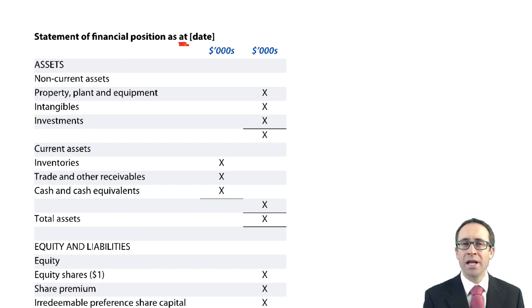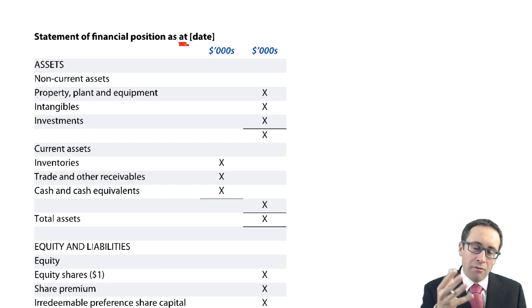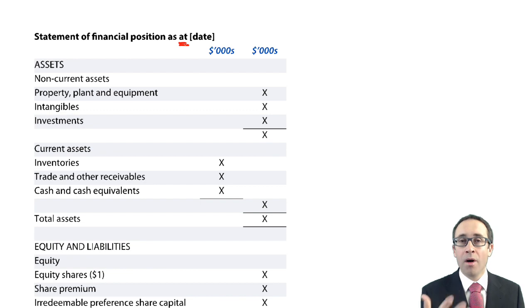Again, you should be pretty familiar with the layout and how it appears. How would it get examined in an objective test question? Well, if we have a look at the mock exam that is being given to us by the Institute, a couple of the questions give you a trial balance. So it lists out all of the balances that you have extracted from your T accounts in preparation of the TB. And the requirements ask you to go through there and calculate your non-current assets, or calculate your current assets,